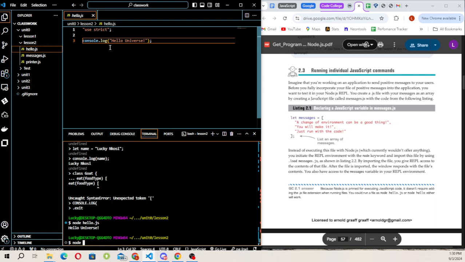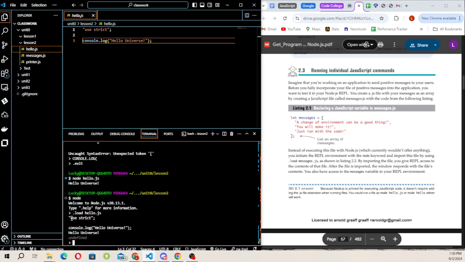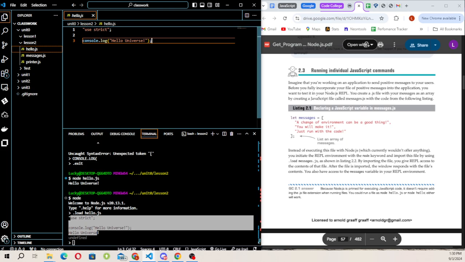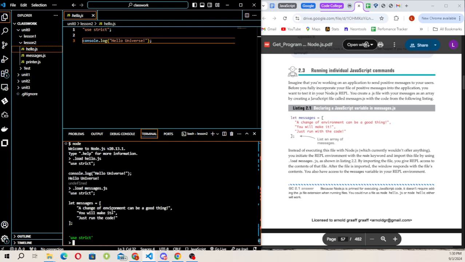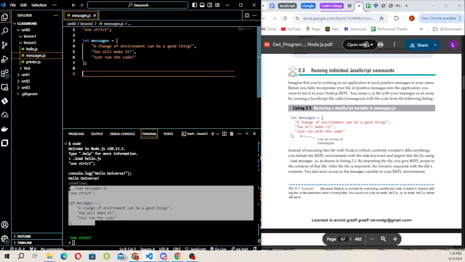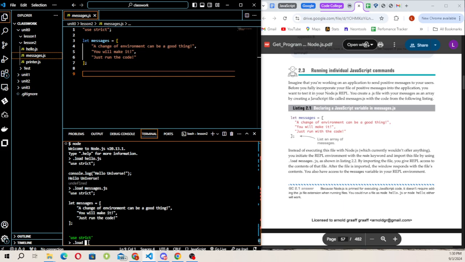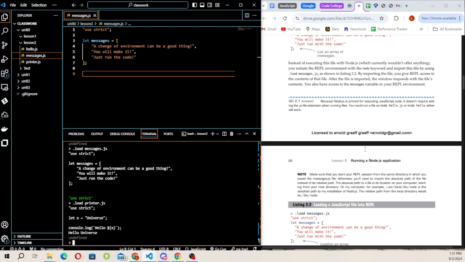Another thing that we can do is enter the Node REPL, and then we can say .load hello.js, and as you can see, it shows us basically the code that's inside. And we can do that with messages as well. Messages.js, as you can see, it's the same thing as this, and same thing with printer.js. You see, it says hello universe. And then now what we're going to do is